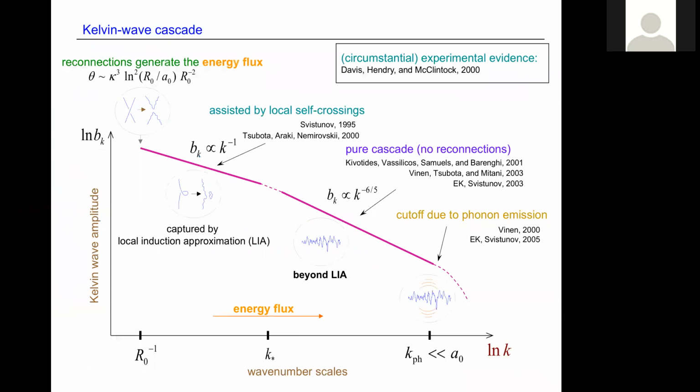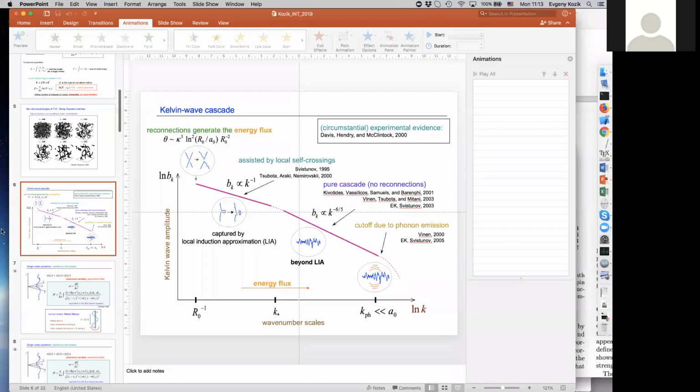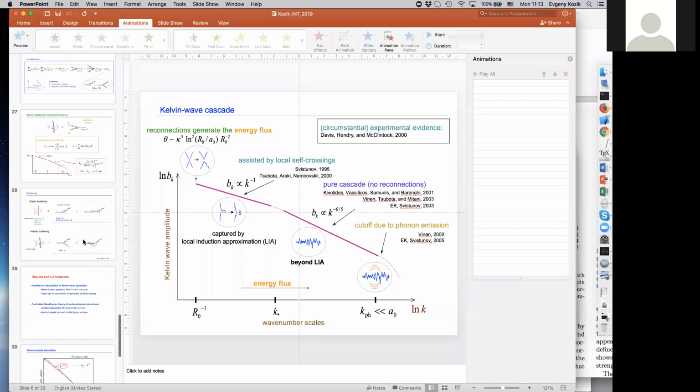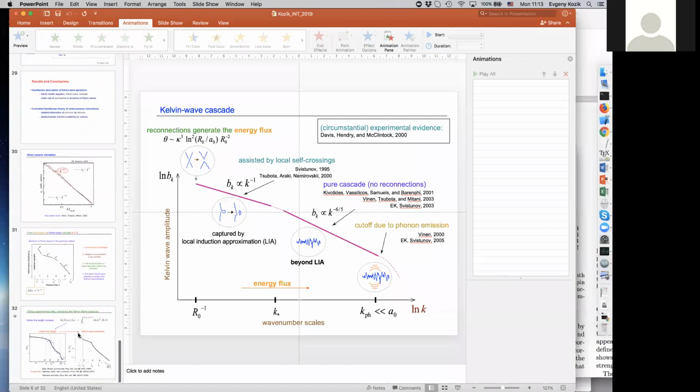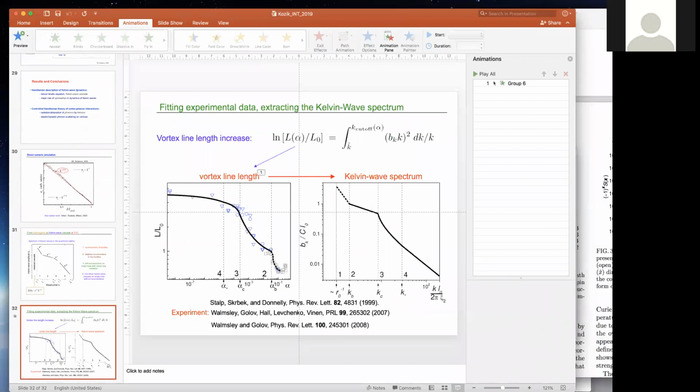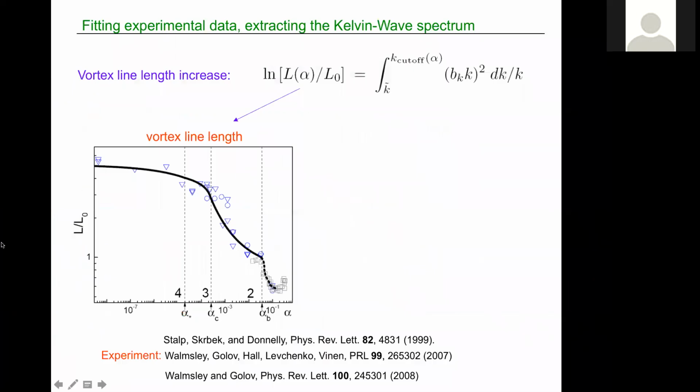I mean, I have a plot somewhere. I can show you later. I can maybe show now. We don't have much time. I can just flash it for you if you want. We actually compare it to the experiment, because in an experiment you don't have direct access to Kelvin wave amplitudes. You have access to the length. And you can actually measure how the length changes. So essentially, this is the theoretical fit of the theory to the vortex line length